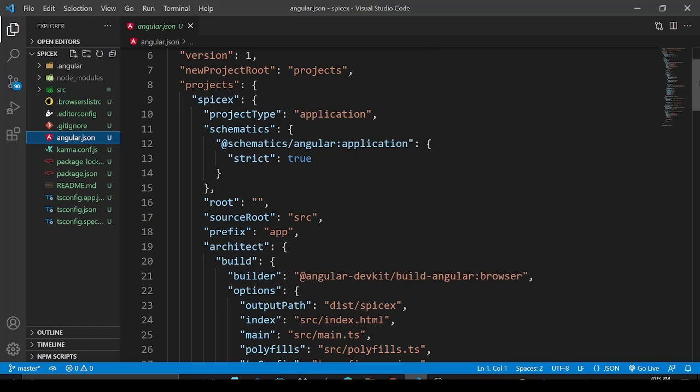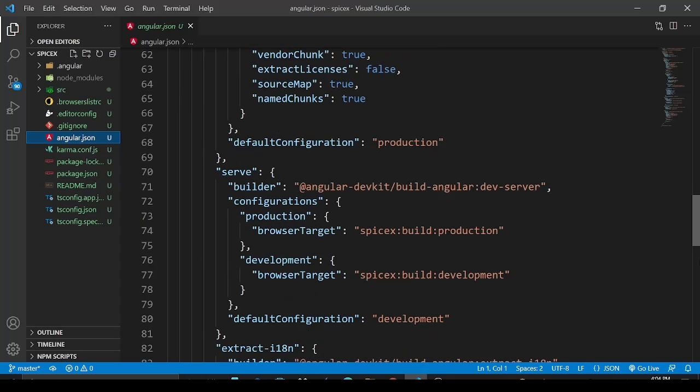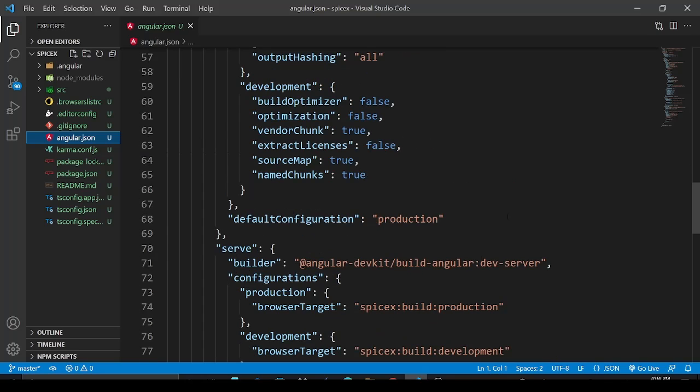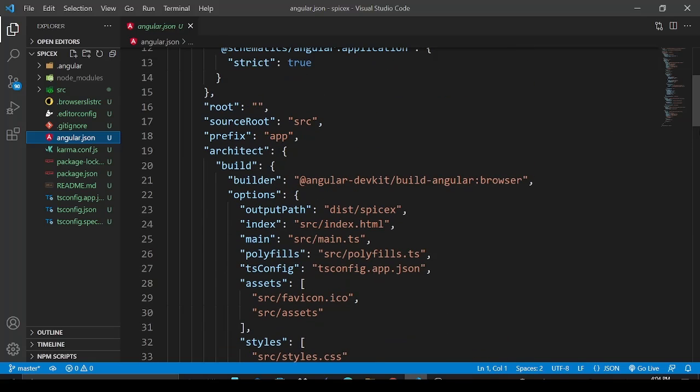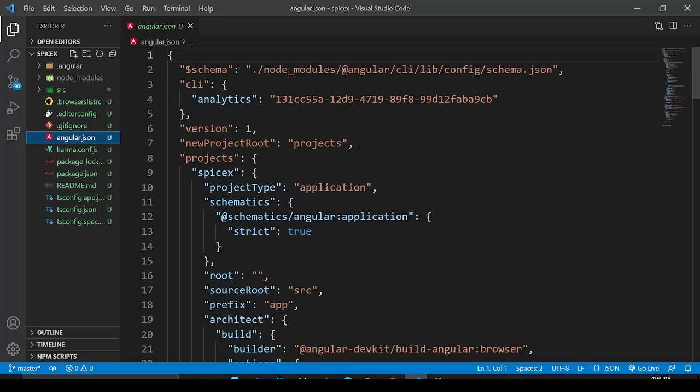You can check all these options in the angular.json. You can see the serve option is here, then the build option is here. Like that.